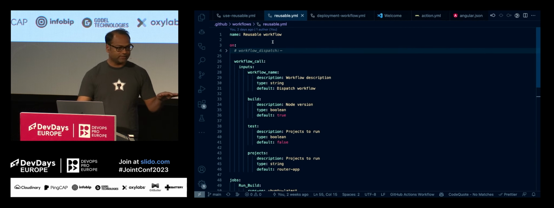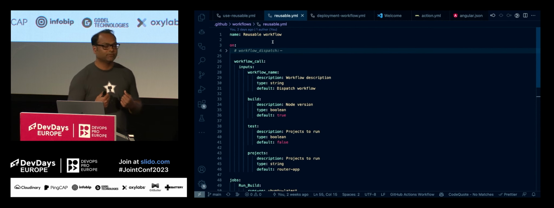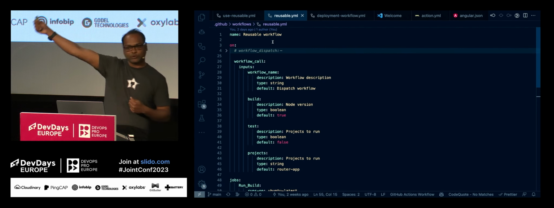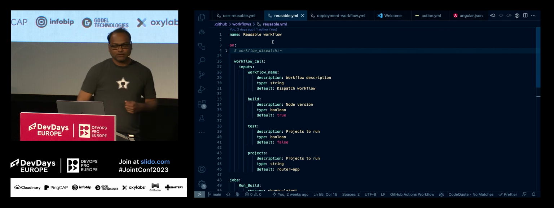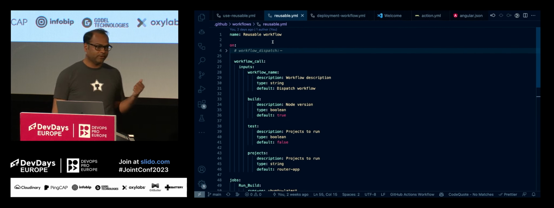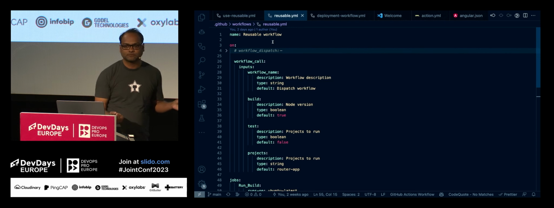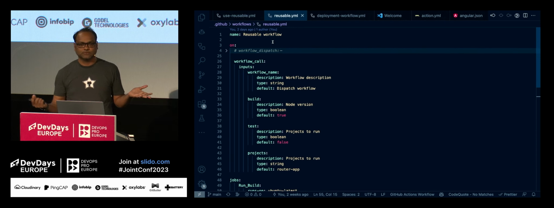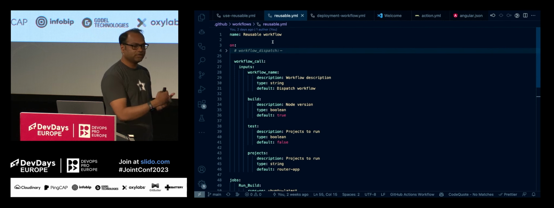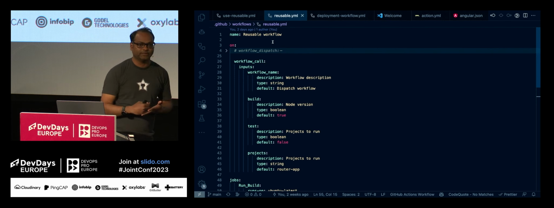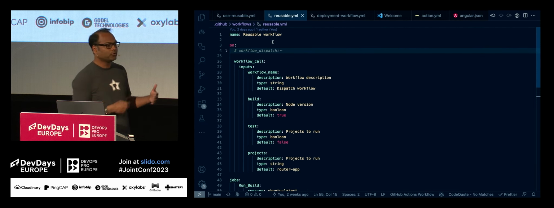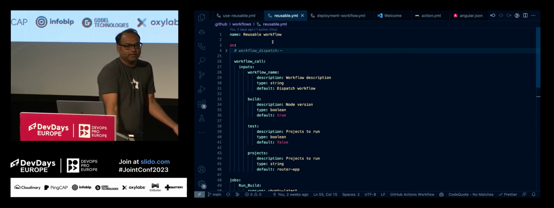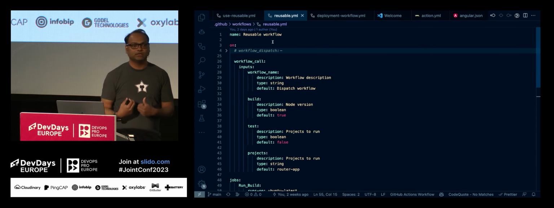Now, this is reusable, right? So you have to, of course, pass some input. We saw workflow dispatch, but workflow dispatch works in a way where you can go to GitHub Actions, pass all the inputs, and then run it. When I talk about reusable workflows, these can be used inside another workflow. Why do you want to do that? Let's say you have a workflow for feature deployment. You have a workflow for prod deployment. Most of the steps will be the same, right? And you don't want to just reinvent the wheel and write it again and again. So what you can do is put the common logic